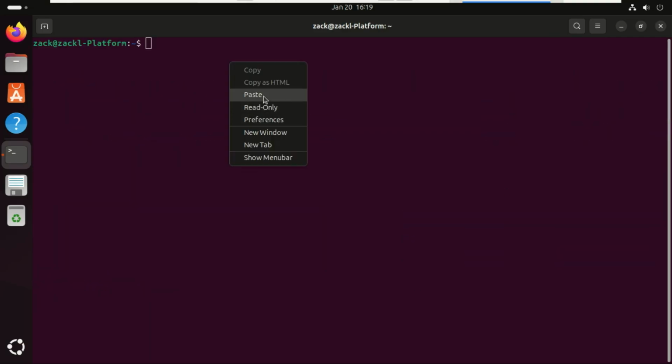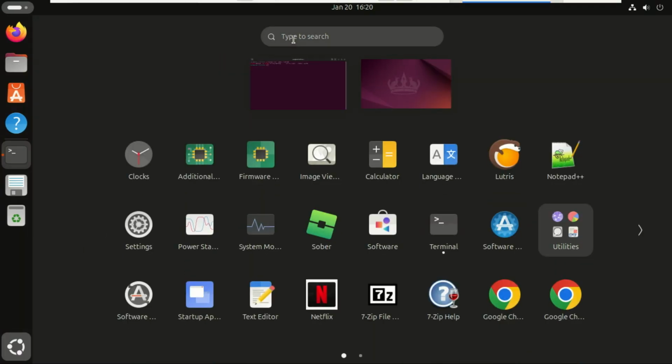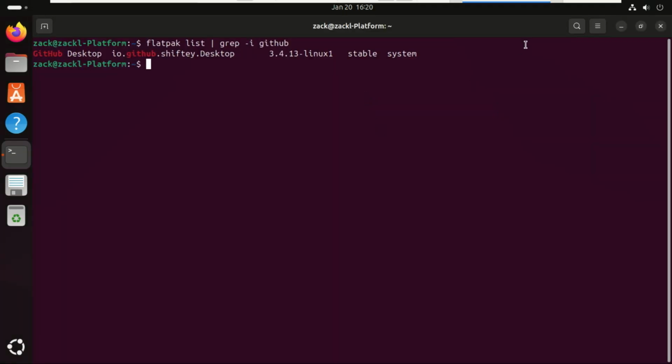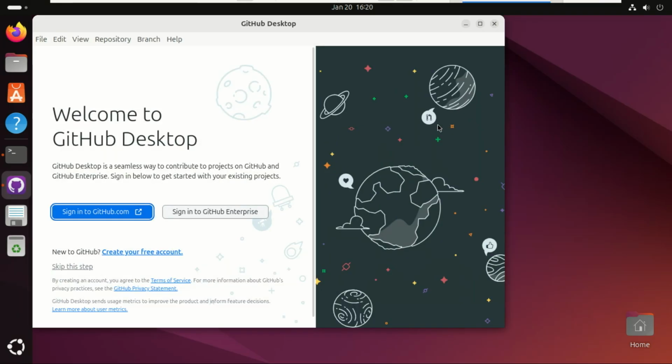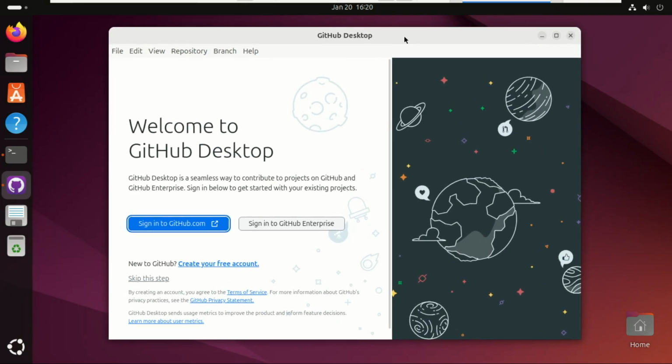You can check the version installed using this command. After installation, you can open it from your app menu by searching GitHub Desktop. Sign into your GitHub account and you're good to go, and that's it. GitHub Desktop is now installed and running beautifully on Ubuntu